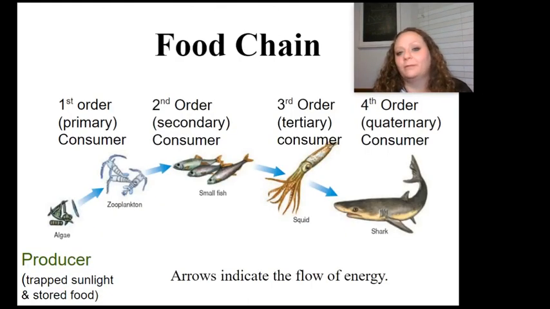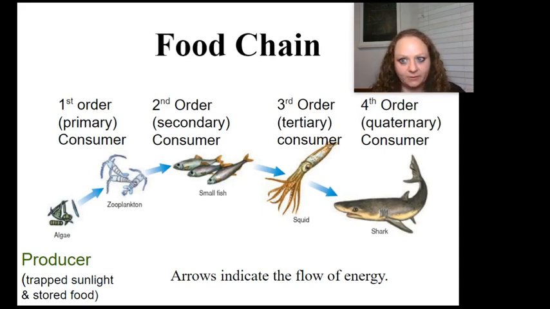When you were young, you were probably taught all about food chains, right? And it was probably something very simplistic, like here's the grass, it gets eaten by a grasshopper, the grasshopper gets eaten by a bird. That's a food chain. It's actually a perfectly acceptable food chain. In this case, we're going to give some new names to these different levels of the food chain, and you need to know these names and you need to understand what they mean.